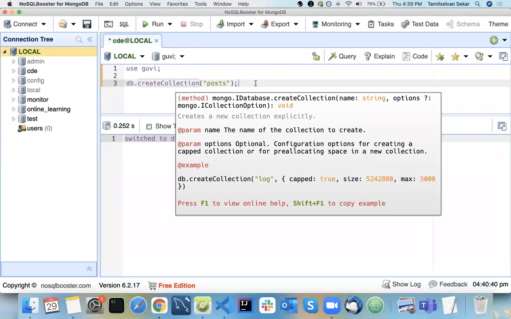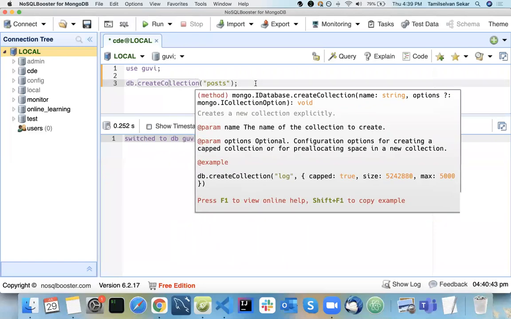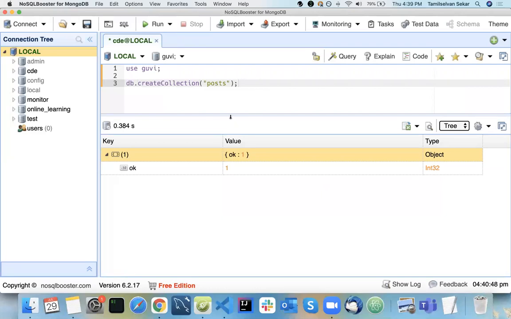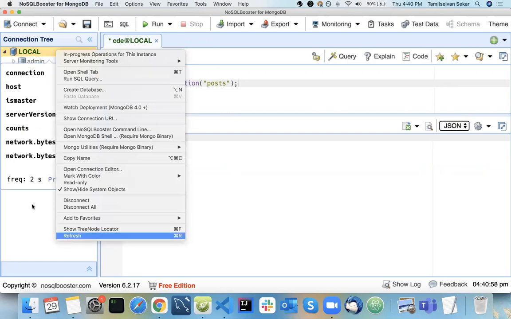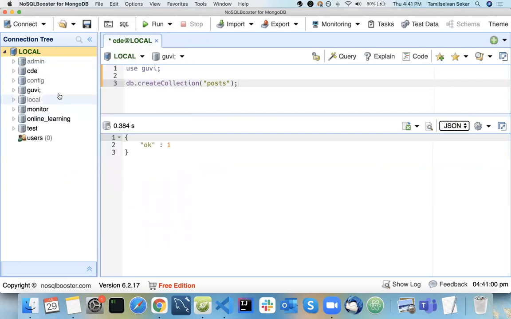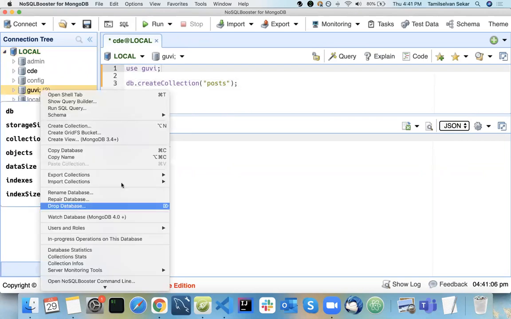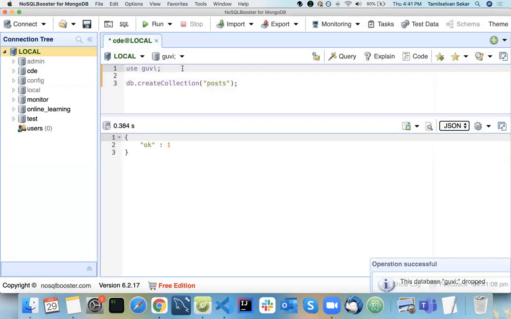Now I'm going to run this. So now it's created, your first collection is created. I'm going to refresh now. Oh, sorry, it's case sensitive. Sorry, I need to drop this, I don't need this anymore.